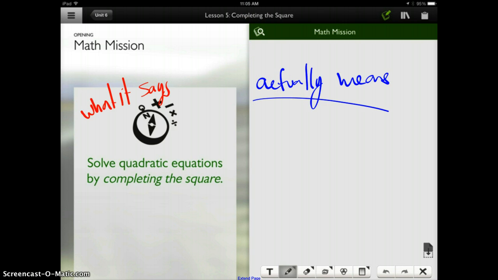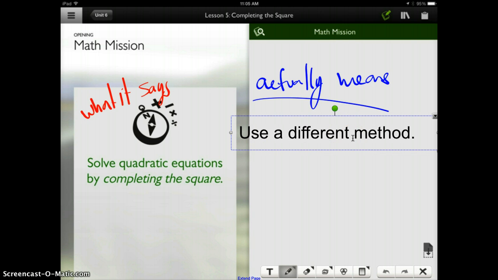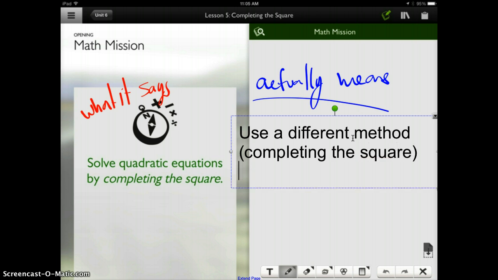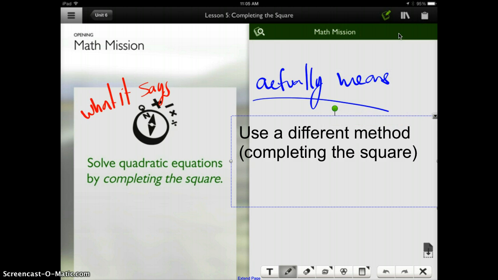So what does solve by completing the square actually mean? Well, that means we need to use a different method, and that method is going to be completing the square. Not very much different than what we have written there. Let's add a couple things in there that are unique. Something a little different about what is written is we're going to